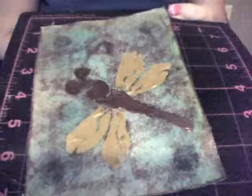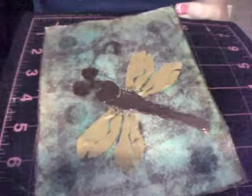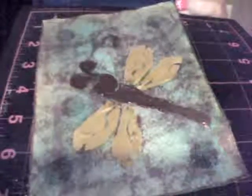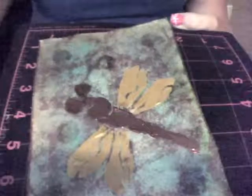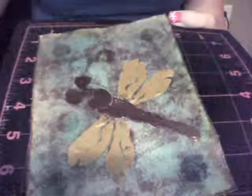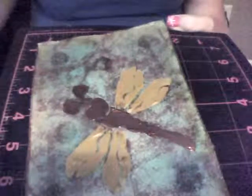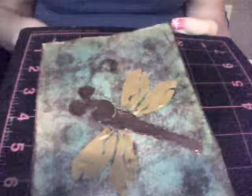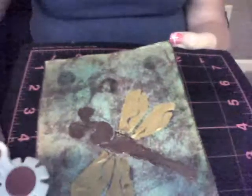What I did is I took just a regular piece of white cardstock and I glimmer misted it with electric blue and lemon zest, and I tried a little bit of my Viva Pink, but then I realized that I had diluted my Viva Pink, so then it made it darker, and I didn't like it. So then I was like, well, what do I do? So I added some more electric blue on top, and I distressed the edges with my Tim Holtz distressing tool,